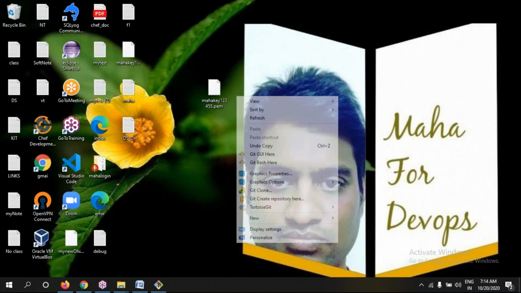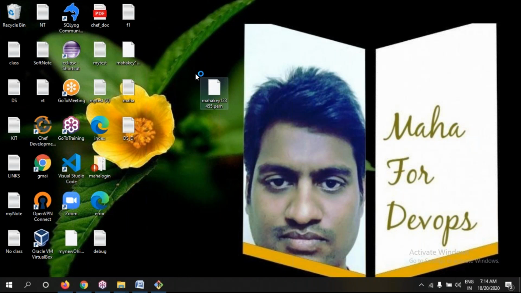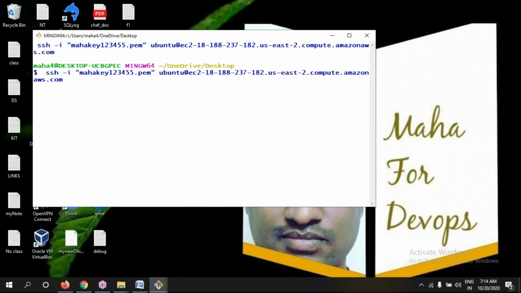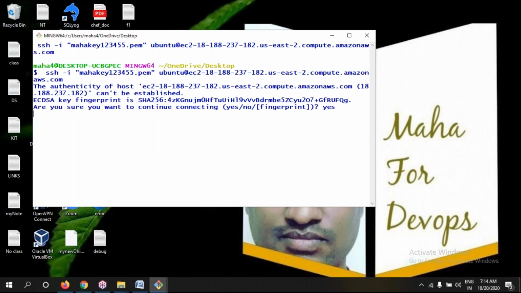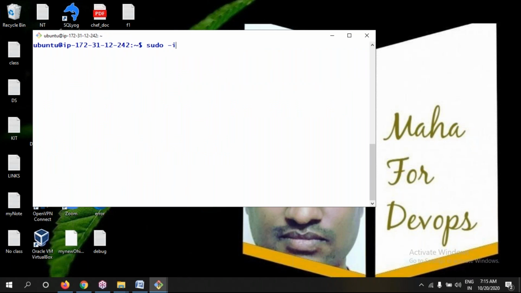Right click, Git Bash. Yes to continue. Yes to continue. Sudo -a.